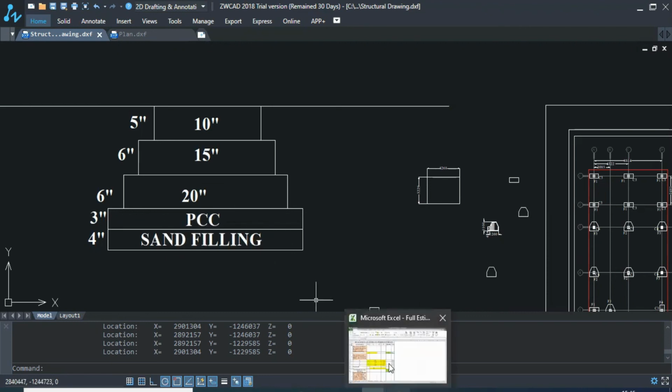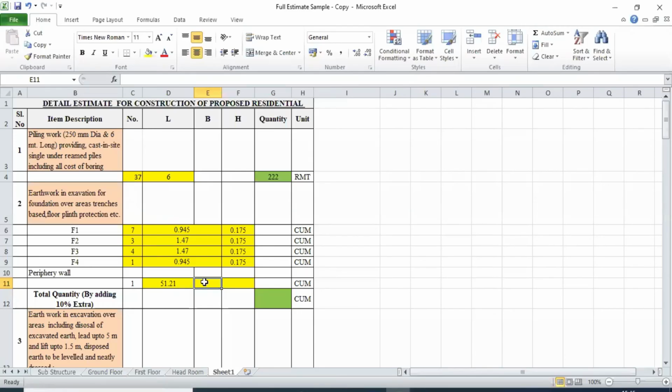So for breadth 26 inch. 1 inch is equal to approx 25 mm. So you can write here 26 into 25, we will get 650, and for meter we can just write 0.65.